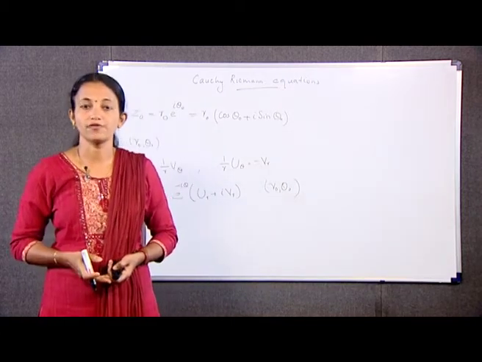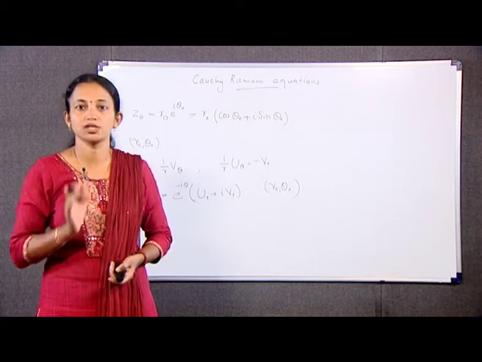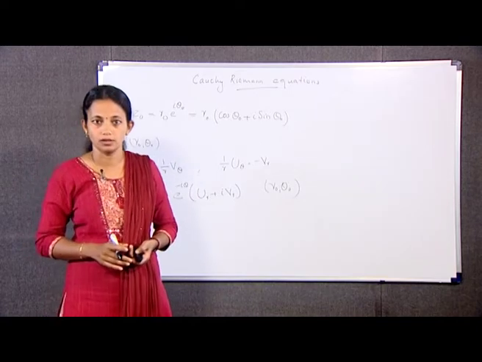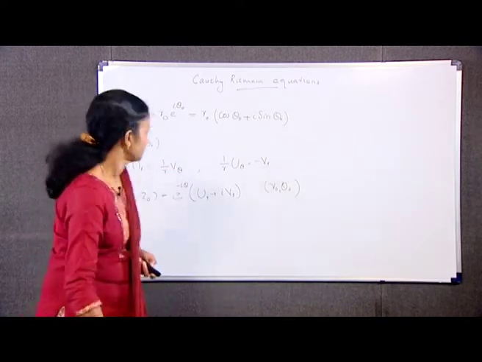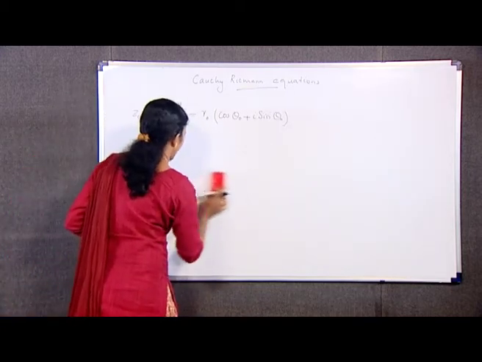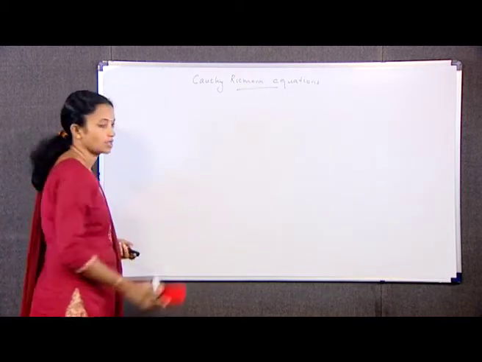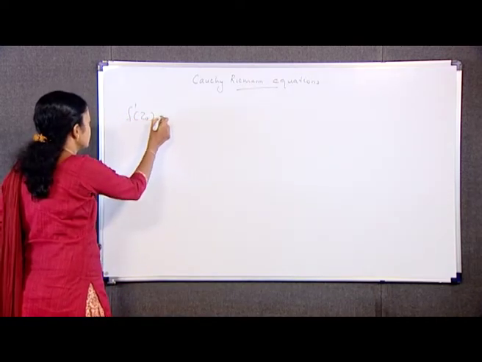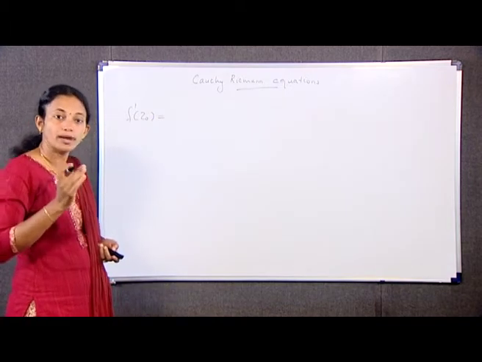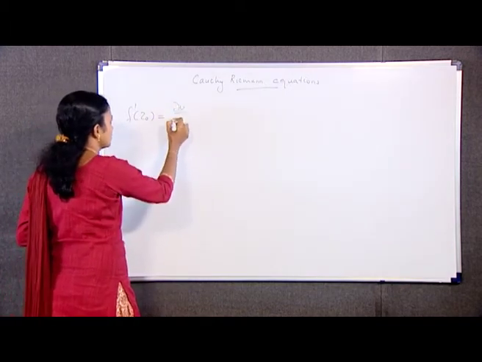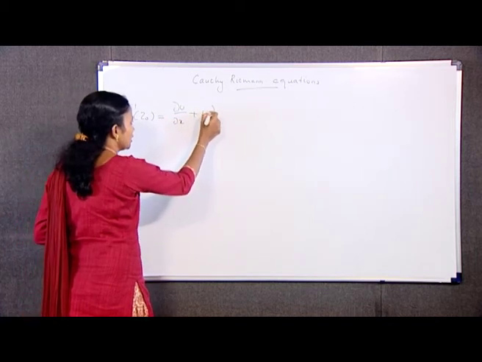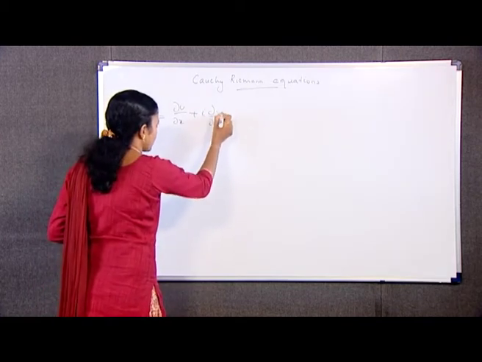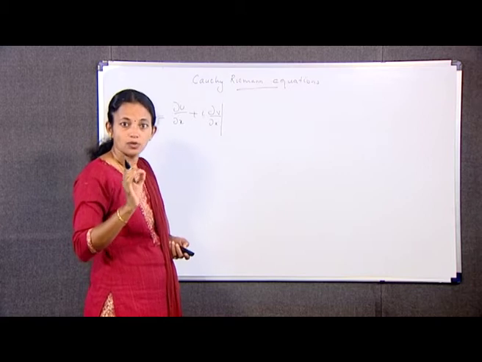We now derive the formula for the derivative mentioned in the above theorem. To find the derivative of f(z) at the point z naught, we proceed as follows. That is, f dash z naught is equal to dou u by dou x plus i into dou v by dou x at the point z naught is equal to x naught y naught.